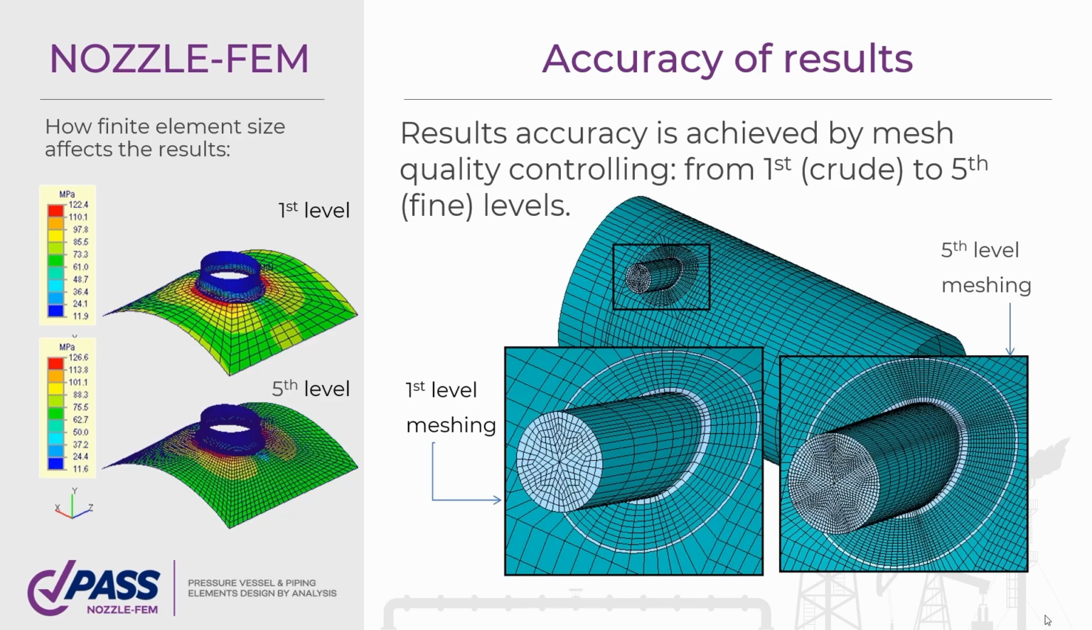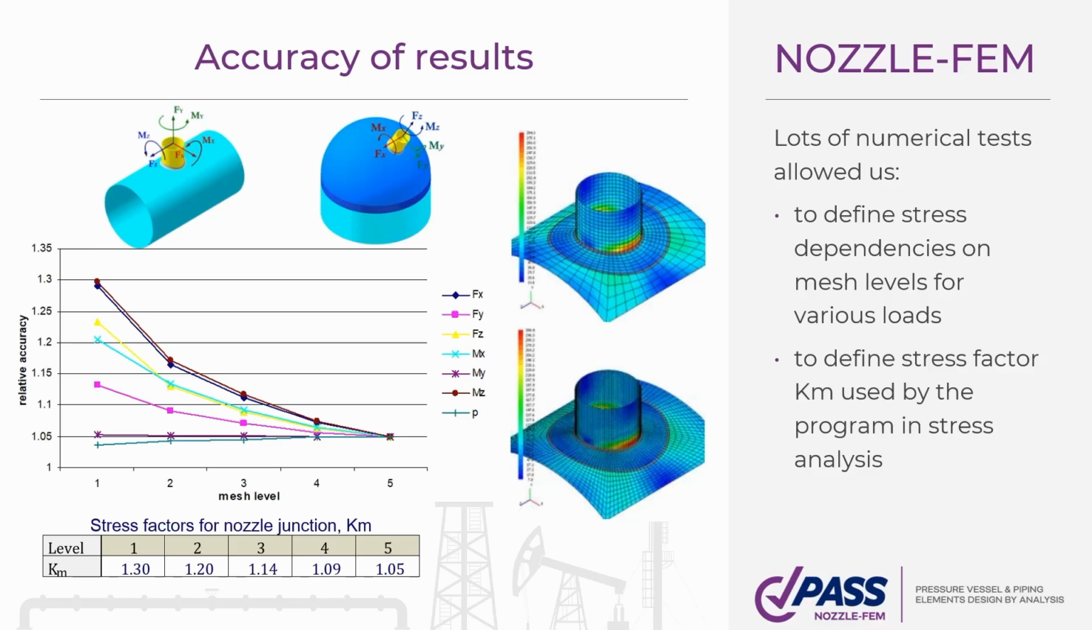Accuracy of results. The accuracy of results depends on the size of finite elements. The larger the size, or the coarser the grid, the lower the values obtained at the intersection point. The program offers 5 levels of mesh with different element sizes, from first order to 5th, the finest. Additional safety stress factors have been introduced to account for the effect of element size on the resulting stress. The factor was taken into account when determining the allowable stresses. The stress factor for the first level is 1.3 and for the 5th level equals